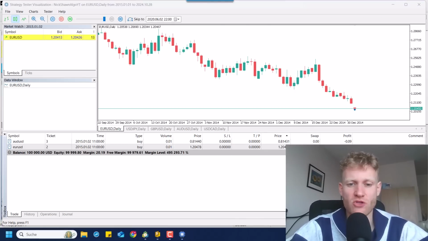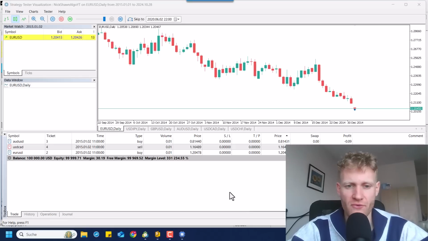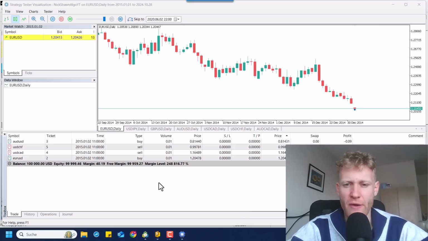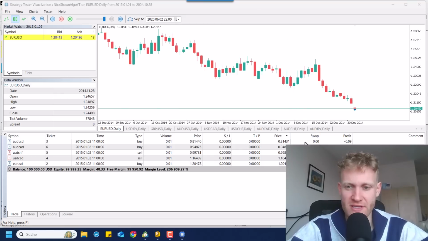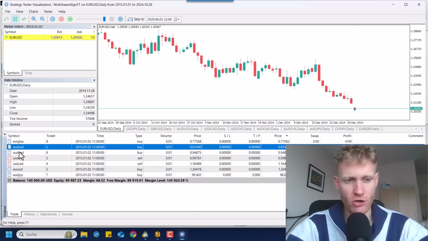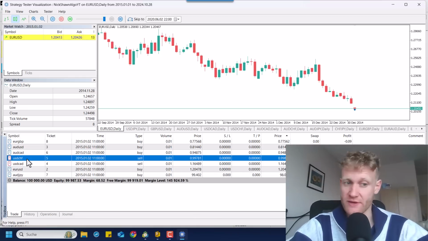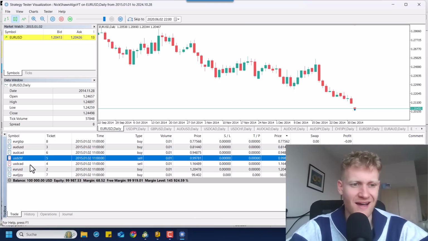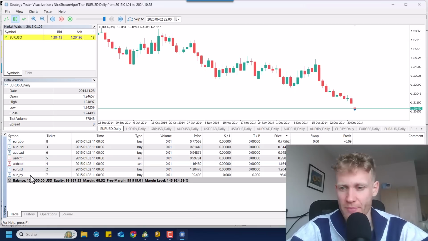So really, we do have a lot of charts open here, and we do see a lot of trades. You can see as I load the test here, more and more of these minor pairs are also coming in because we see the first trades. And here in the toolbox, we can see we now also trade USD Swiss franc, for example, USD CAD, Australian dollar against the Japanese yen. So you can see I'm really loading all of them,